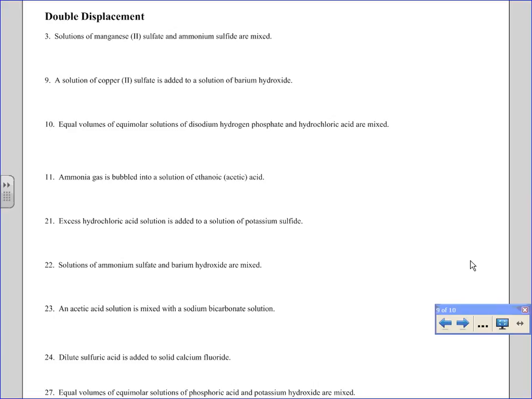Okay, these can be challenging, but as we've done with the other ones, you need to just problem solve your way through them. Sometimes you'll see the spectators right away and you can remove them. Other times you might need to write out the double displacement reaction and then remove the spectators. So for this first one, you've got manganese 2 sulfate and ammonium sulfide, which are,